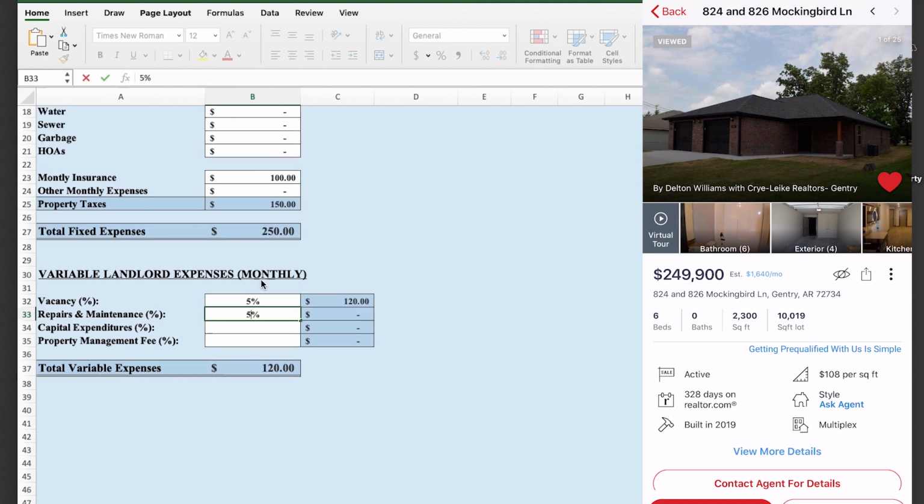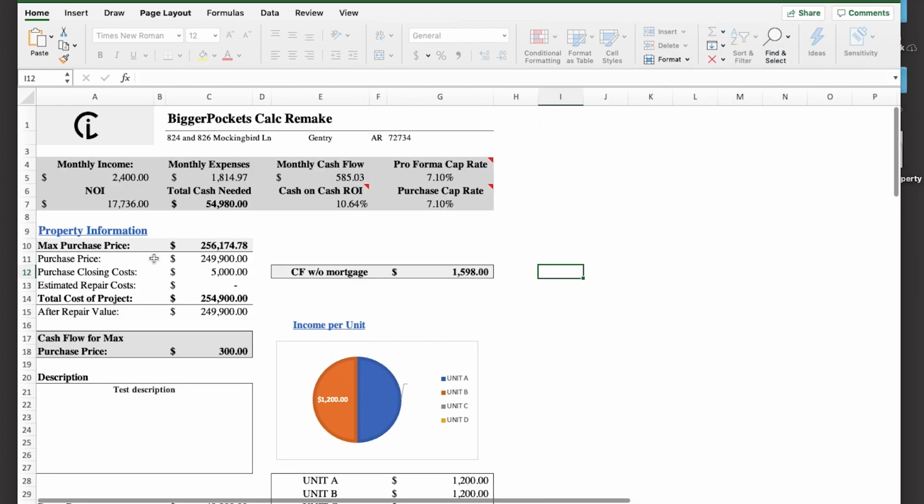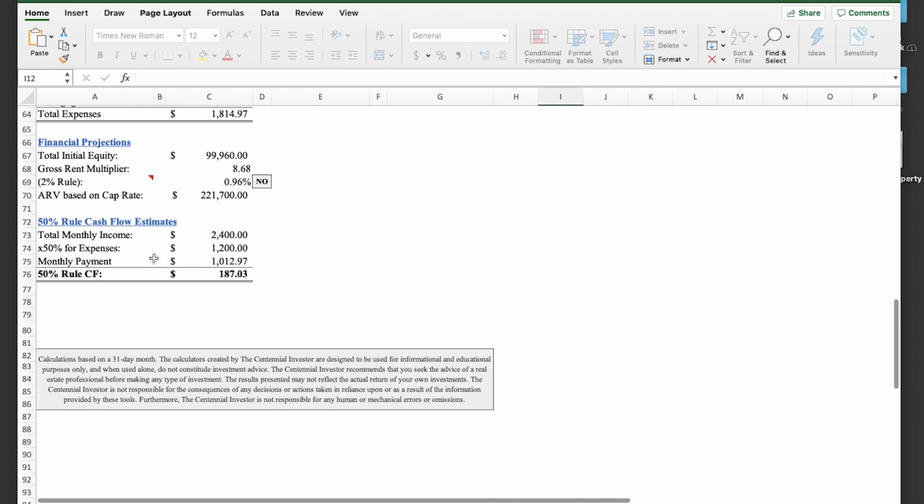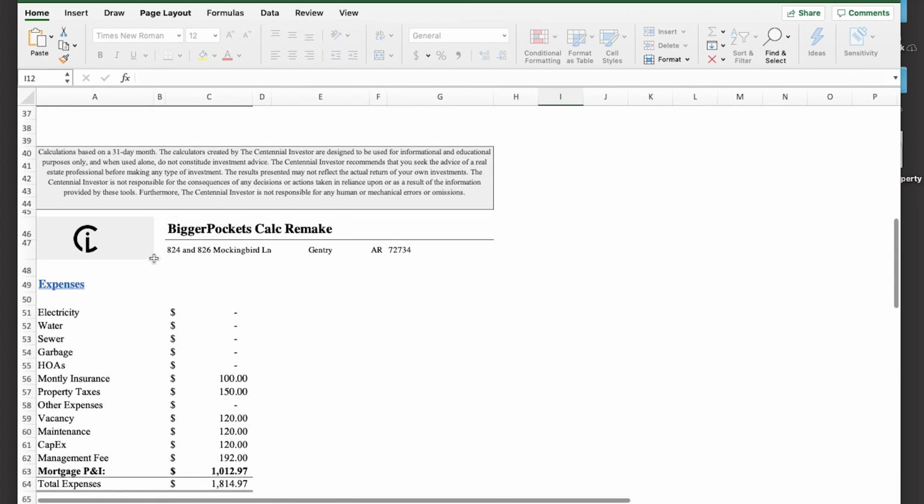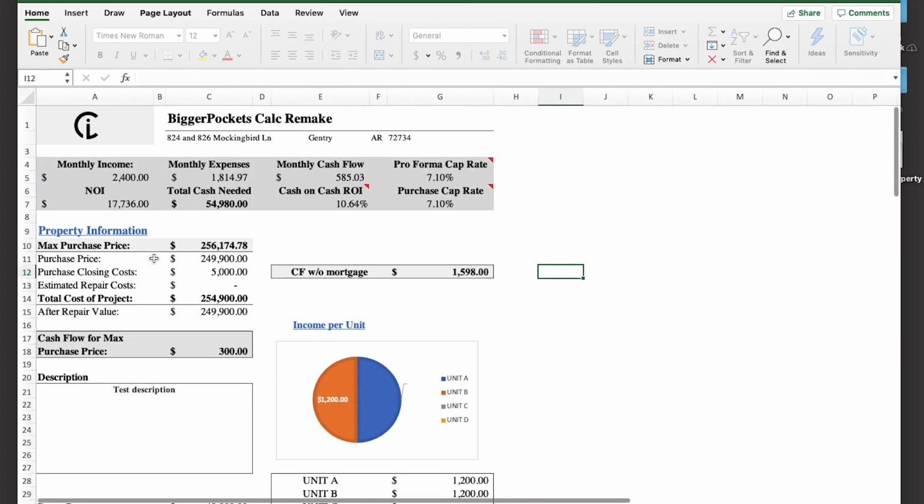5% for repairs and maintenance, let's say 5% for CapEx, and let's save 8% for our property management fee. So now that we have this all set and done, we are left with our report page, and all that is left for us is to export our report page. I'm going to do that really quickly and jump back onto my desktop in order to analyze this property